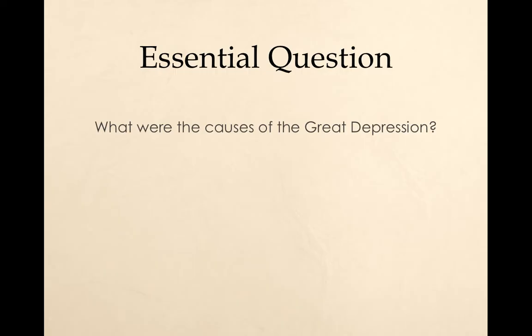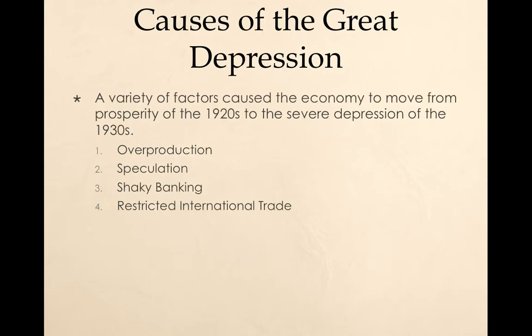Our essential question, make sure you write it down in your notebook, top of your notes: what were the causes of the Great Depression? There's four of them that you've got to be familiar with. A variety of factors caused the economy to move from the prosperity of the 1920s to the severe depression of the 1930s. They were one, overproduction, two, speculation, three, shaky banking practices, and four, restricted international trade. We'll talk about each of those in a little bit more detail. So first,